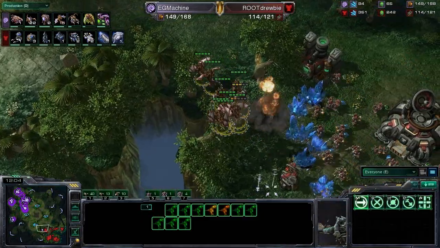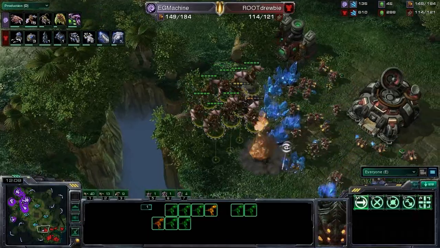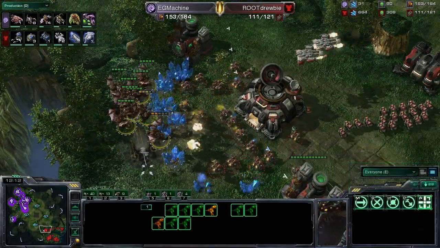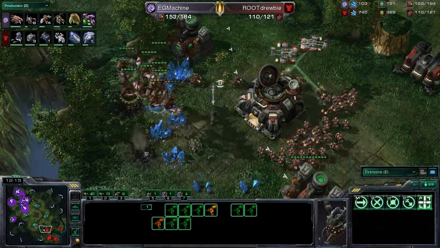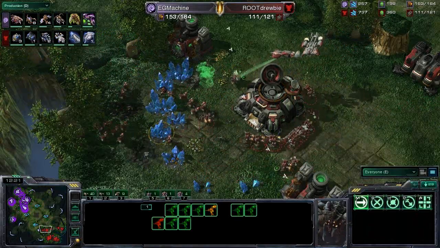One is going to die very quickly to these 2 turrets, and another one is going to go down as well. Losing 2 mutas so far, killing a couple of turrets, and probably going to get a handful of SCVs here. There's at least 3 just got killed off, 4 before drewbie actually gets in there with his stimmable Marines